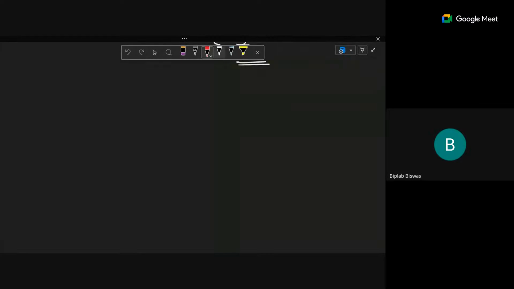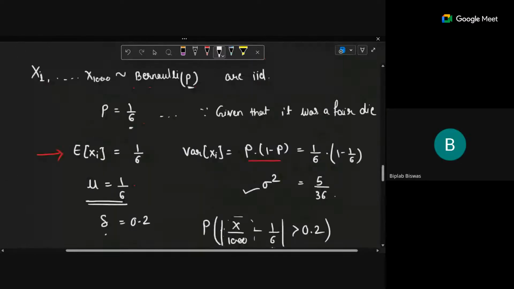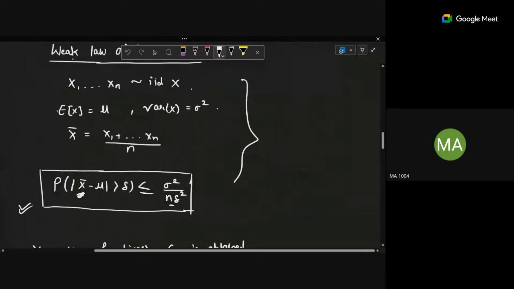So just on a high level, maybe you are taking her question. In the formula, it is the sample mean minus the population mean and greater than delta. That is 0.2, right? Yeah. Okay. This one you are talking about, right? What is the delta, ma'am? Actually, what is delta here? Is delta the band?